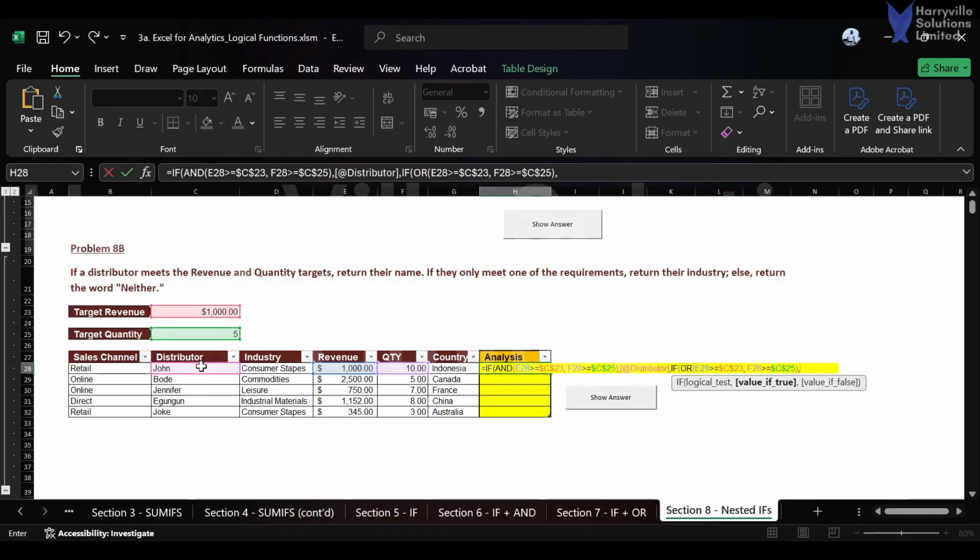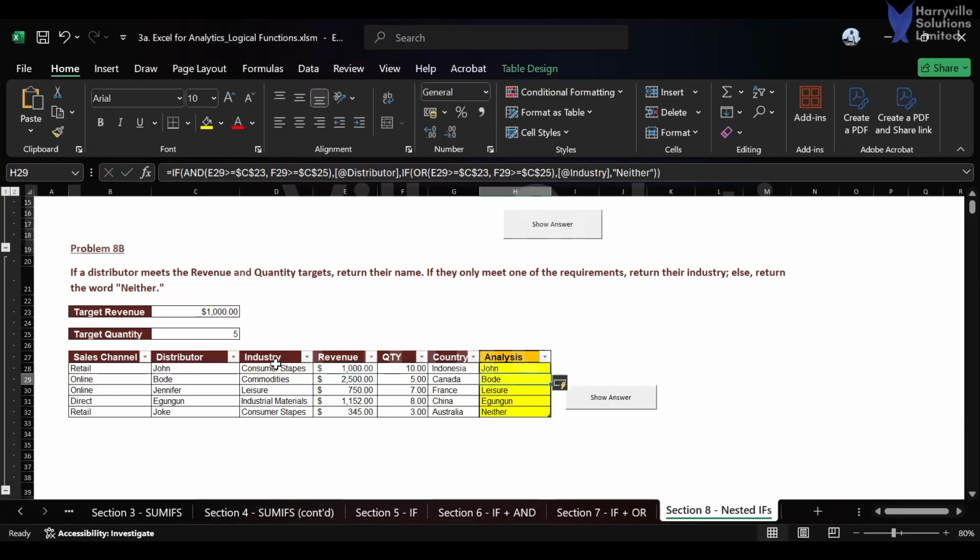Now I'm asked, what is my value if true? If they only meet one of the requirements, return their industry. So my value if true is their industry. Then, comma, my value if false, I should return neither. So I'm going to type neither, and then I'll close my first bracket, close my second bracket,